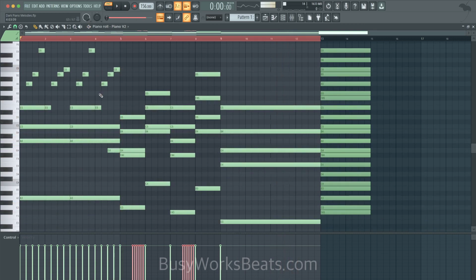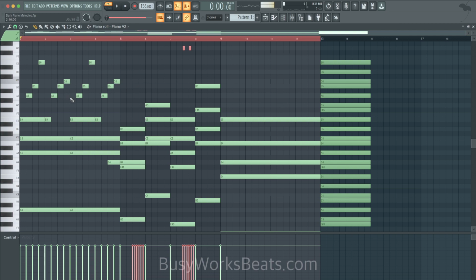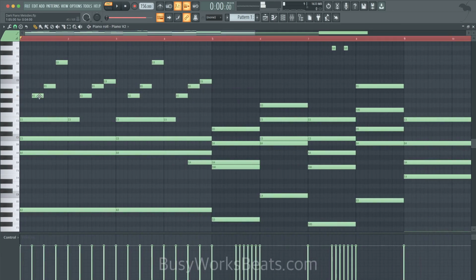So now the question is, do we need like a motif going all the way through? And do we want 1, 2, 3, 4, or do we want triplets? If we use triplets, the ear wants to hear 3 notes at a time. So since we're moving 4 notes, 1, 2, 3, 4. Now, luckily, that last one's an octave, but here we're not using octaves. So let's do this. Let's switch it over to triplets.